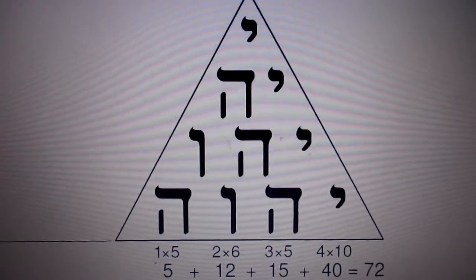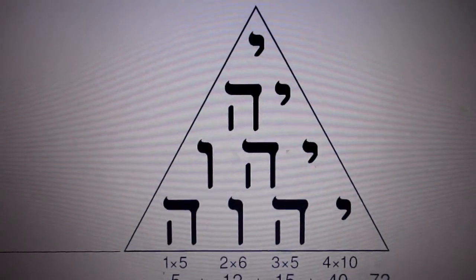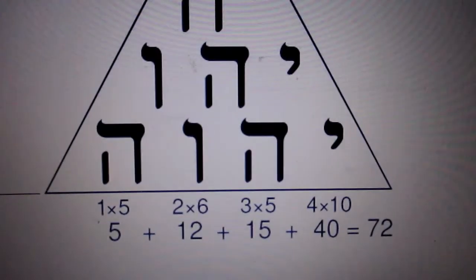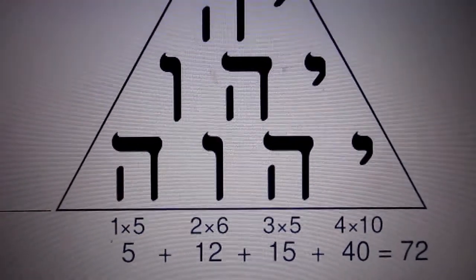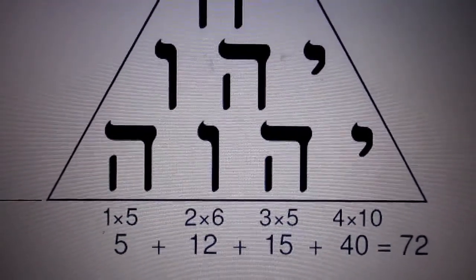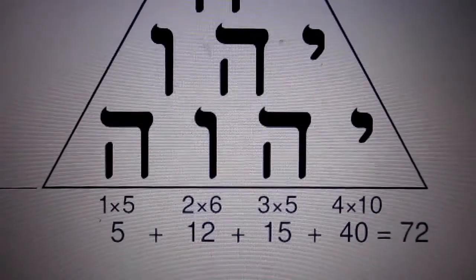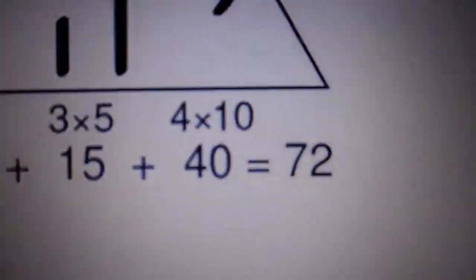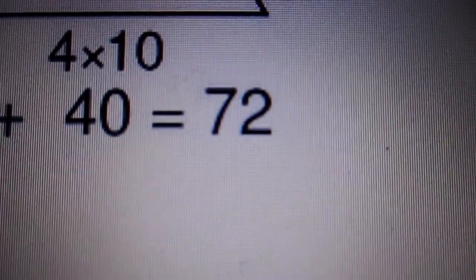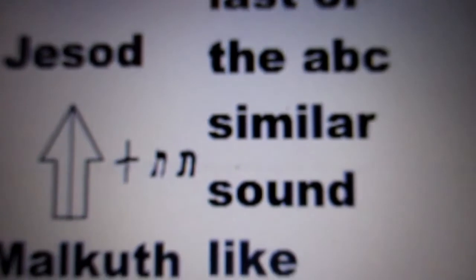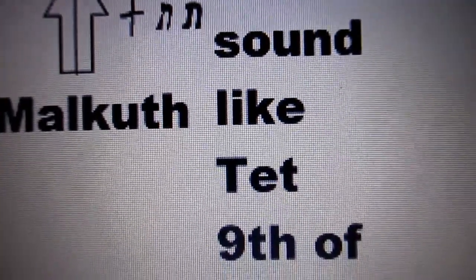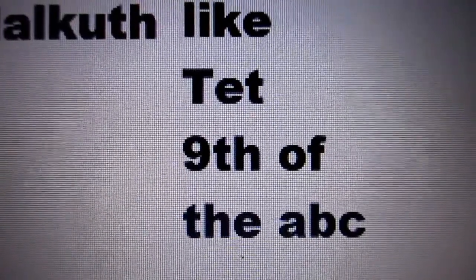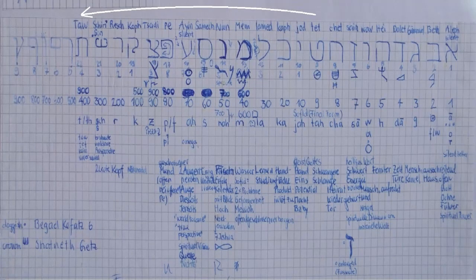The holy name of God, written in Hebrew, has these numbers. It's a constructed language. All letters have a number designated to it, and it ends up with 72. Tav, being the last letter of the Hebrew alphabet, sounds a bit similar to Tet, the ninth of the Hebrew alphabet. And it's very funny that the ninth is like an end